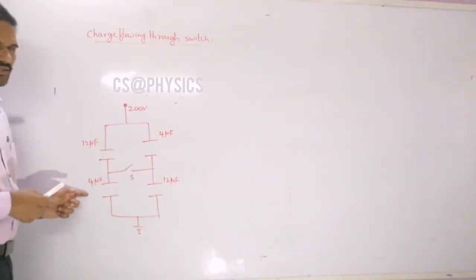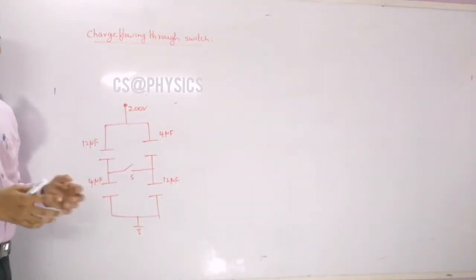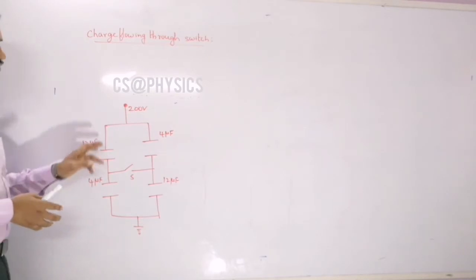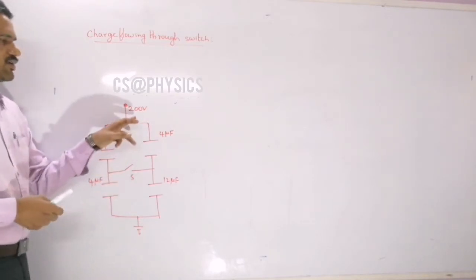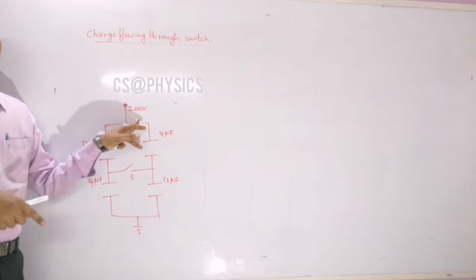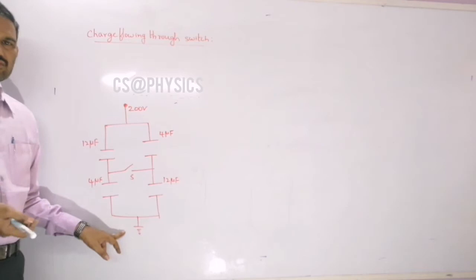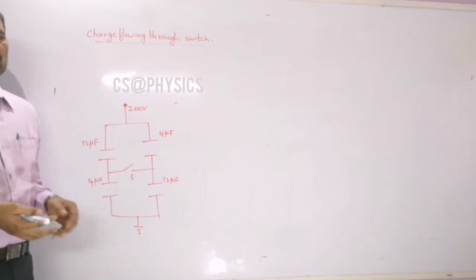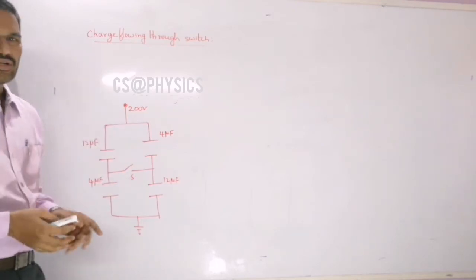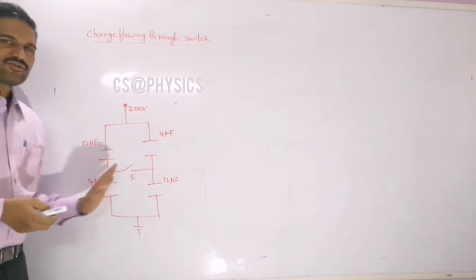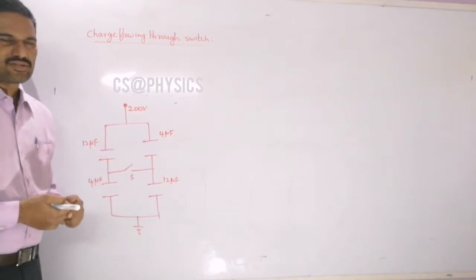capacitors will be in series, and similarly these two capacitors are also in series. And so now the potential difference across each combination will be equal to 200 volts. The potential difference is nothing but, here this point is grounded, means it is 0. So the total potential difference across this combination will be equal to 200 volts. So across each combination you can take that potential as 200 volts here, right?